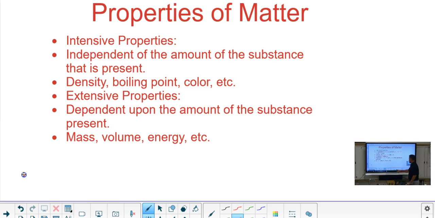Most people, and I went over this in the video, do think density is dependent on how much of something you have. But it doesn't, because it's a ratio of 2 things that do matter, and that cancels them out. The example was that the density of 5 pennies would be the same as the density of 1 penny. Because you're taking the change in mass and the change in volume, and they're being divided each time, and it just cancels out, so it doesn't matter.